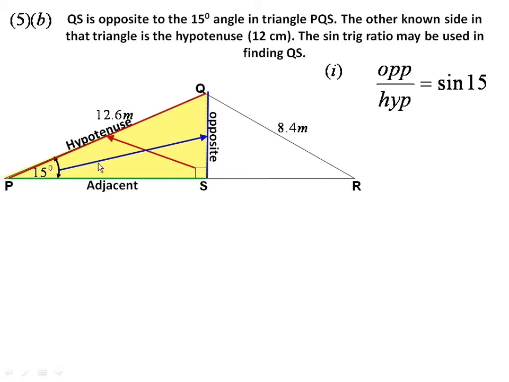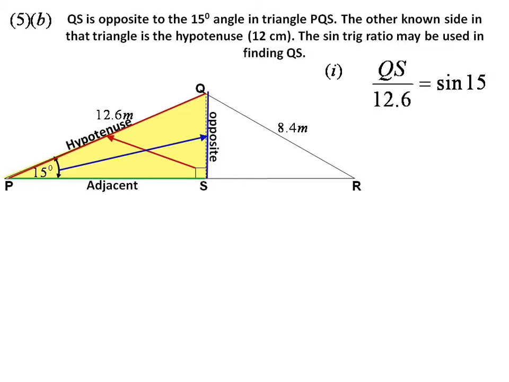As we can see, the side facing the 15 degrees angle is QS, or we may say QS is opposite to the 15 degrees angle. The adjacent side we have right here, and the hypotenuse is the longest side. So we are working in order to find QS, which is the opposite, and the hypotenuse is 12.6. The sine trig ratio is applicable. Substitute, we have